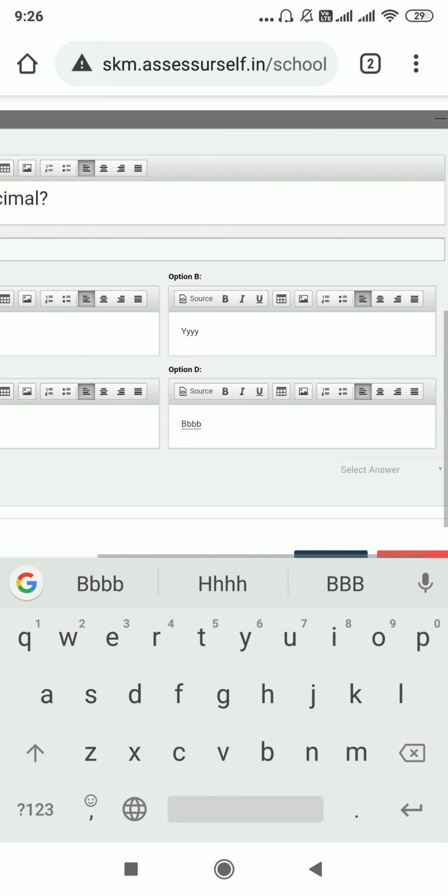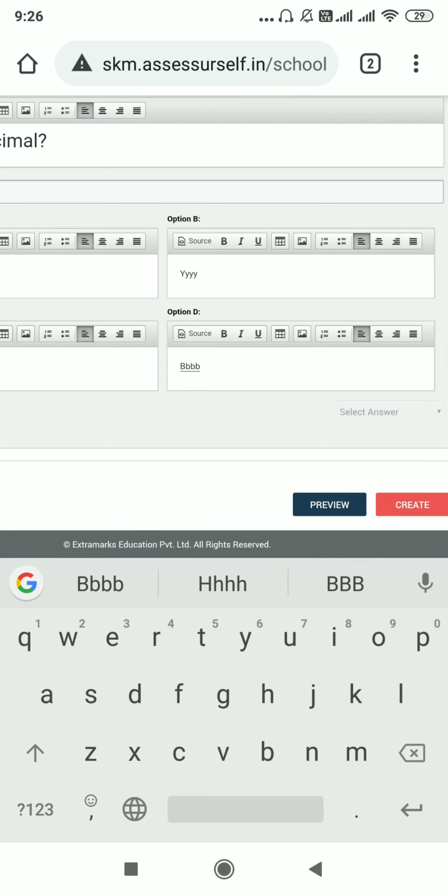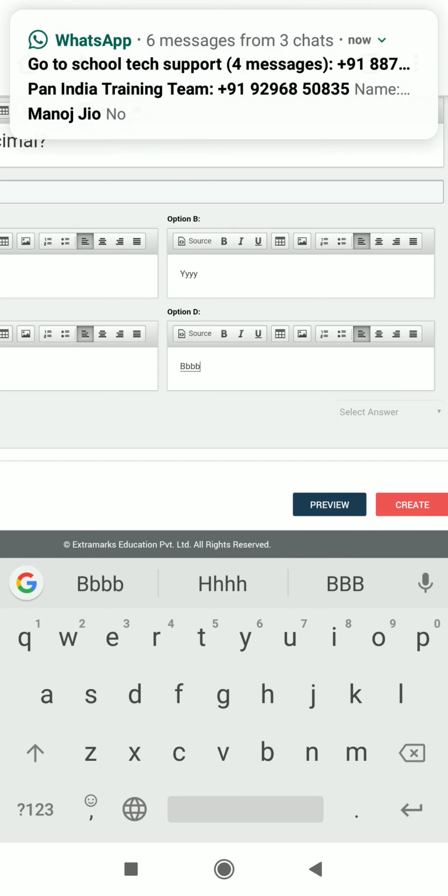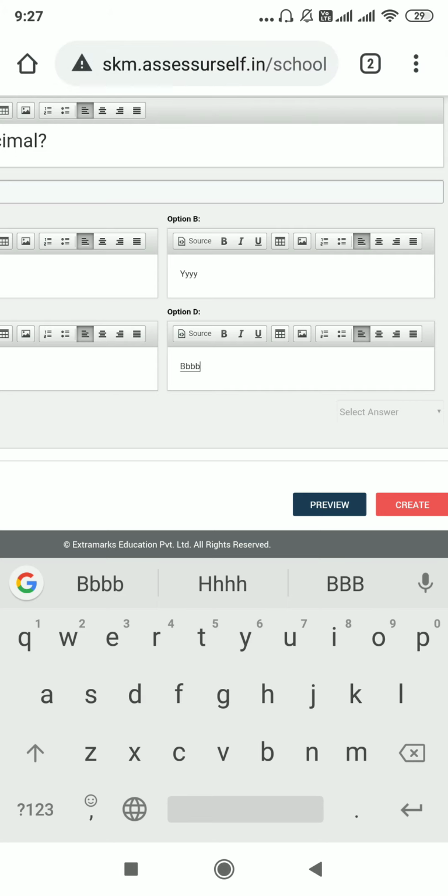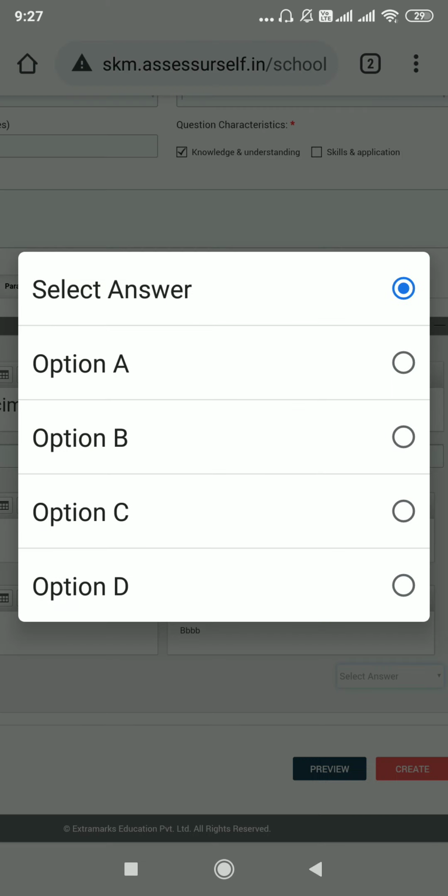Now as you are aware, whenever you are creating objective questions and assigning the objective test to the students, all the papers or evaluation sheets will be auto corrected by the system. The teacher need not correct the answer sheet. So that is the reason when you're creating your own objective questions also, you have to provide 4 options and then you have to give the correct answer also. So you have to select here, say option A is the correct answer.